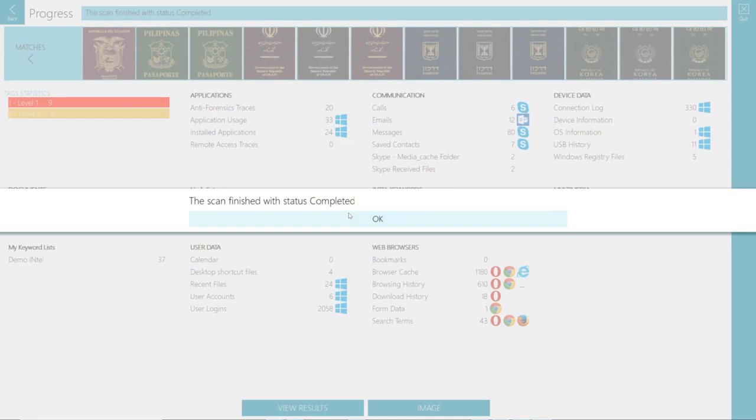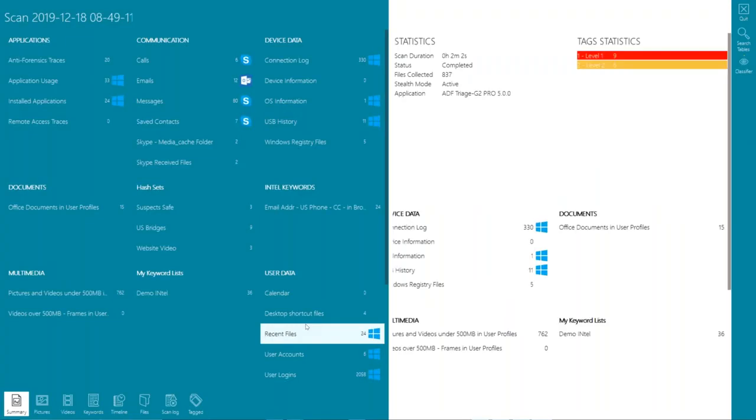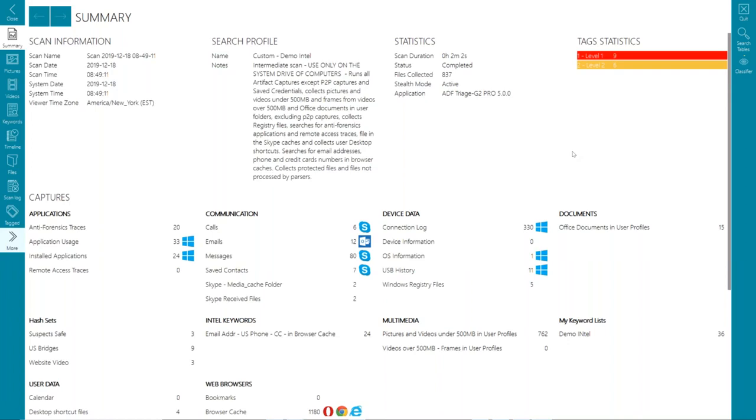So that was a scan against a typical user partition on a computer. So I can come in here, go right into my results. Let's show you how to put this all together and finish it up. Now this could be done on scene, or it could be sent off in a standalone viewer, or backed up onto a laptop, and you can move on and do some other scans. You can also use this key once this is done to move on to another one. You don't need to reset it. If you want to run the same scan or you brought out different scans, you can just keep moving along.